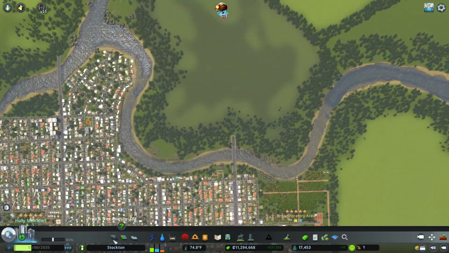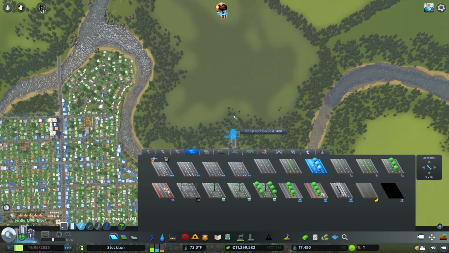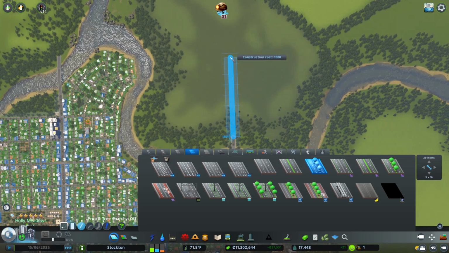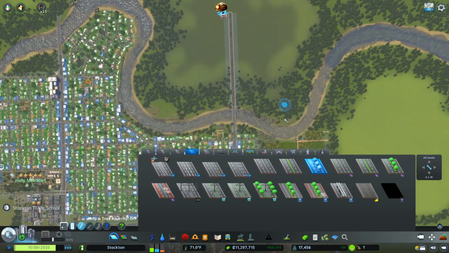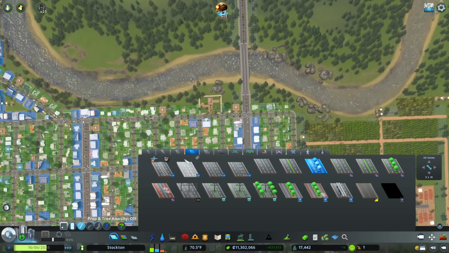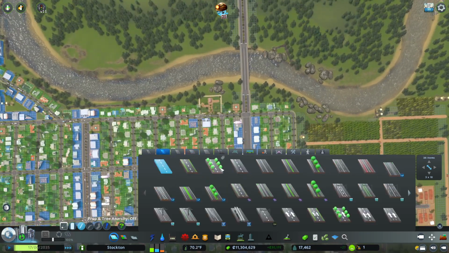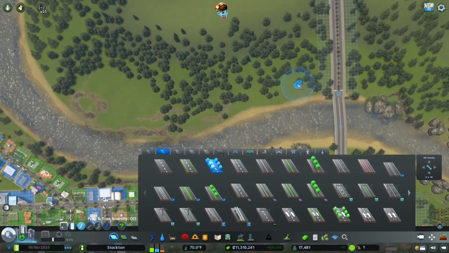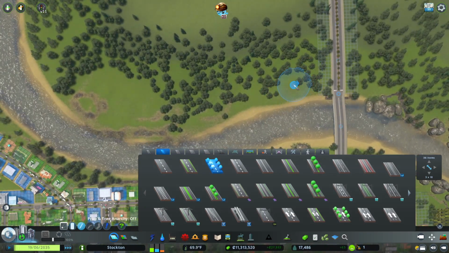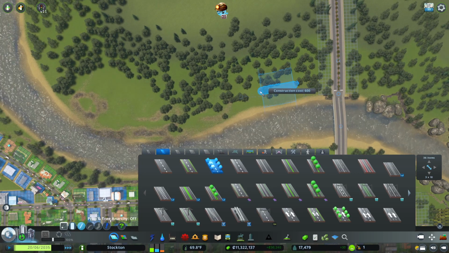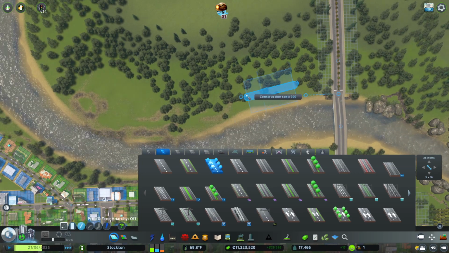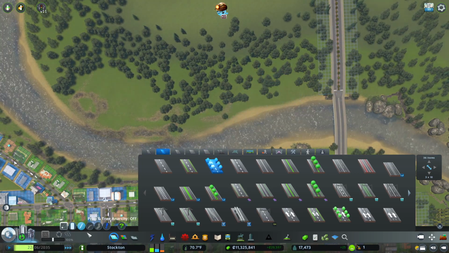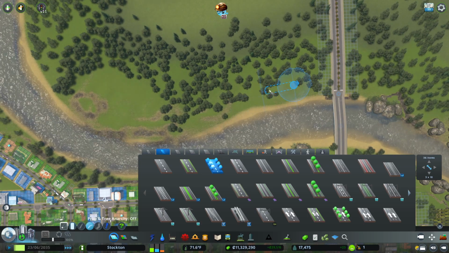Maybe what I'll do for now is just continue with a straight line with my big road and go down to a 2-lane 2-way and maybe try to follow along the water here. I guess I'll have to